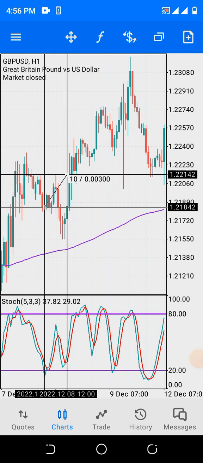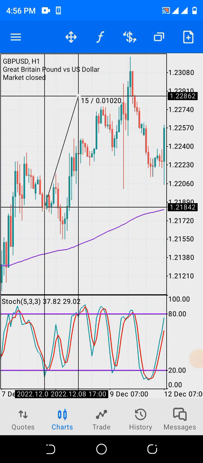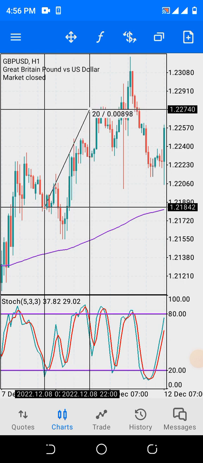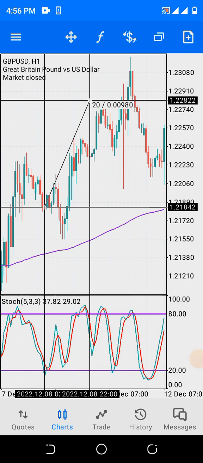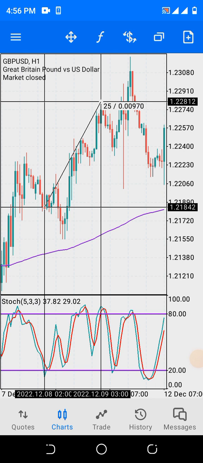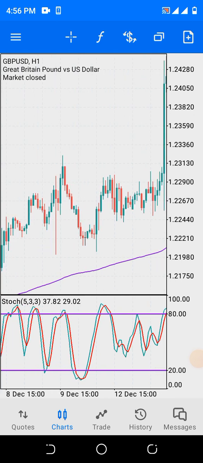Now, your reward, which is your take profit, should be 0.009 something. Look at it. Your take profit should be somewhere here, 0.009 something. Do you understand? So your take profit should be here. Do you understand? So this is the 1:3 risk to reward ratio. Do you understand? So that is it. So let's continue.